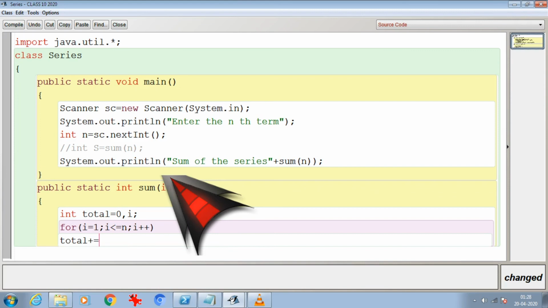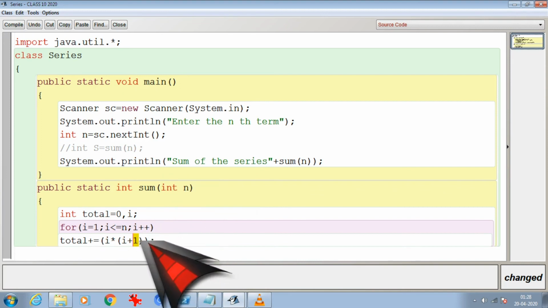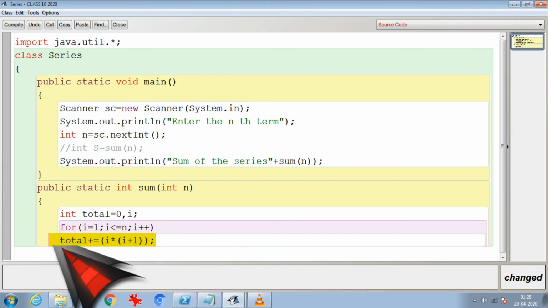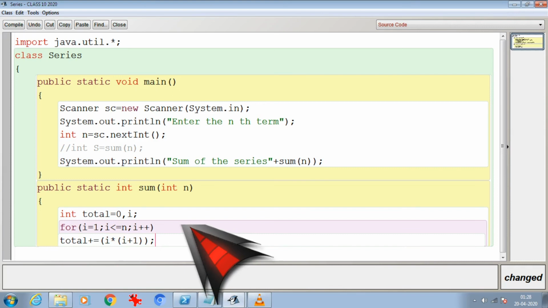Whatever my term is right now, that part plus, so it is into the next associated term, 1 then with 2, 2 with 3, 3 with 4, like that. As I'm writing just one statement after for, I'm not giving brackets. If you want, you can open and close curly braces like that.